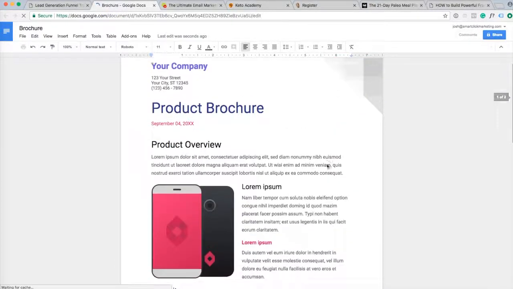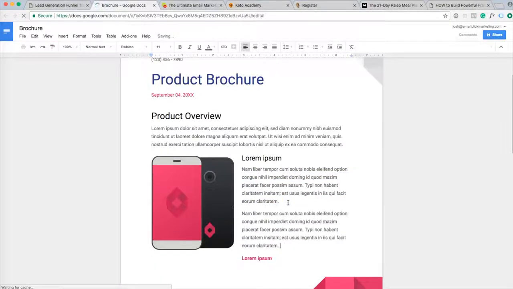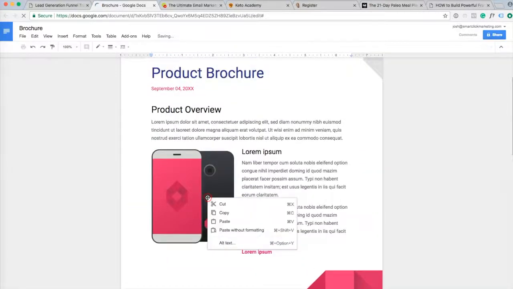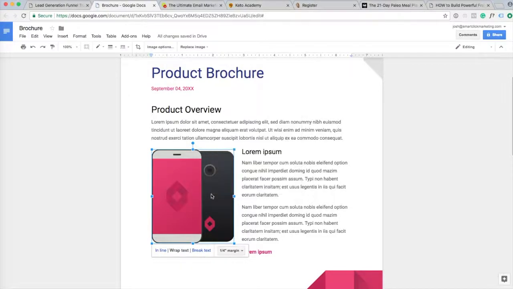So here's what's just very easy about this. You just start typing, and let's say I have more text and I want to add it. Enter, paste, and everything just pushes down and wraps nicely around this. So if I want to change this image, if you right click it, it just says,